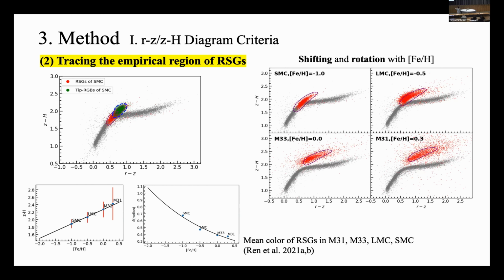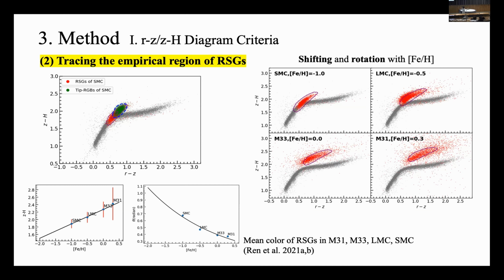Hence, as shown in the lower left figure, we fit the variation of the mean color of RSGs in SMC, LMC, M33, and M31 with the metallicity. It tells us how the empirical region of RSGs shifts on the CCD. Besides, we consider a rotation factor of the empirical region because the slope of the